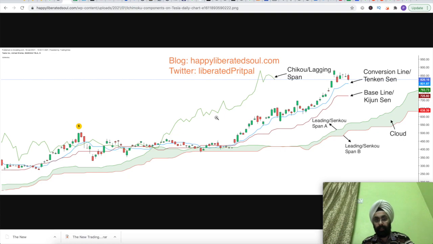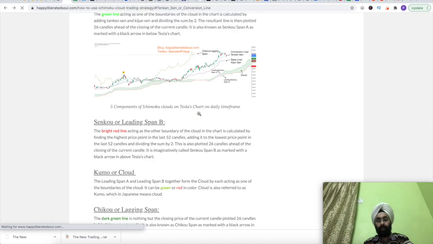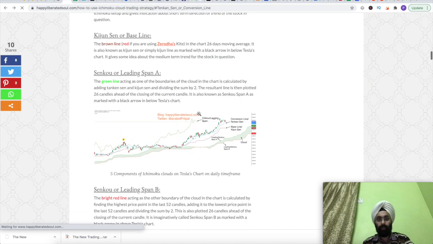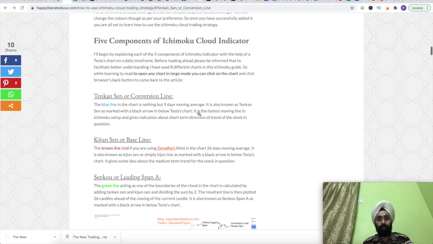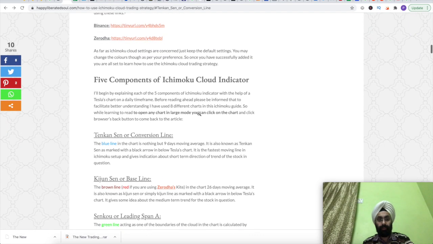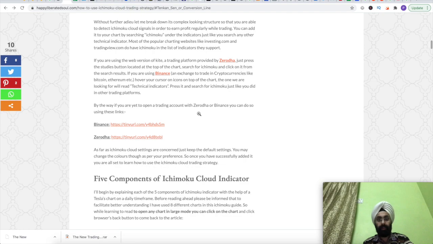This indicator has a lot of lines, a lot of moving averages, like this one, it is called Chikou span, and this cloud and these two moving averages. So for a beginner, this particular indicator looks a bit difficult to understand. It looks a bit complex as compared to other indicators. So I thought of going step by step, and I will firstly explain how you can add this